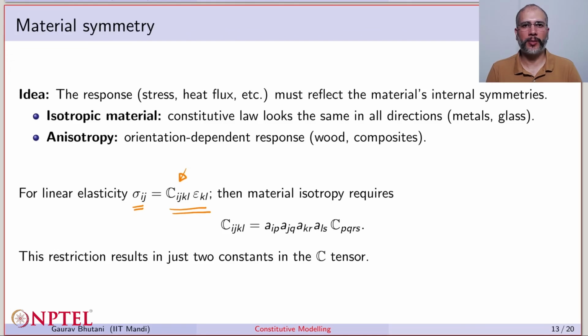So if, for example, this material was isotropic, that is, it was symmetric in all directions, then if I transform my C through any rotation like this, I would get the same C back. And the reason for that is because since the material is isotropic, the constitutive model, which is taken care of by this fourth order tensor C, has to be